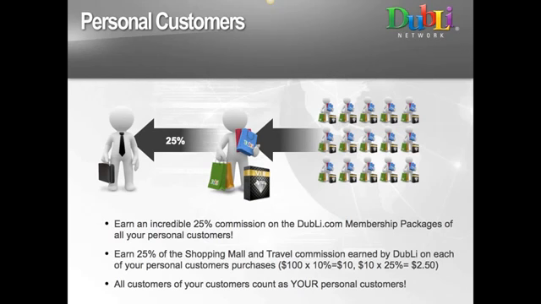For example, let's say it was Target, and a retail customer makes a $100 purchase in Target. If you go into Doobly Network, go to Target, and let's just say for the sake of conversation that the percentage was 5. If Target is paying 5% on the business associate side, 5% of $100 is $5, and that is commissionable. So if it's your personal customer, you'll earn 25% of the $5. That's the commission that you earn, and that's what we call commissionable revenue, which is that $5.